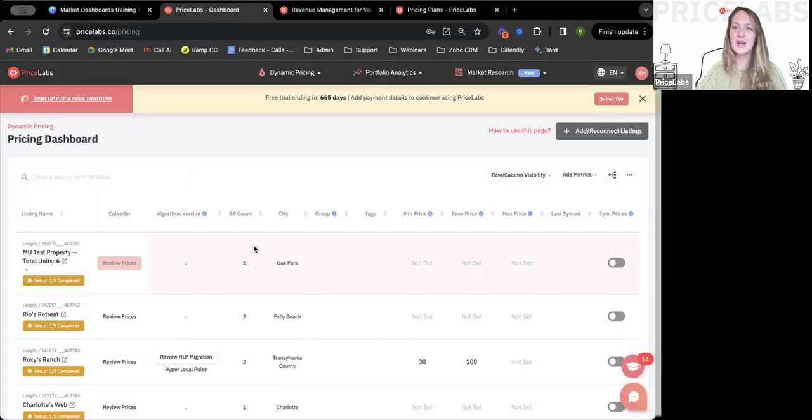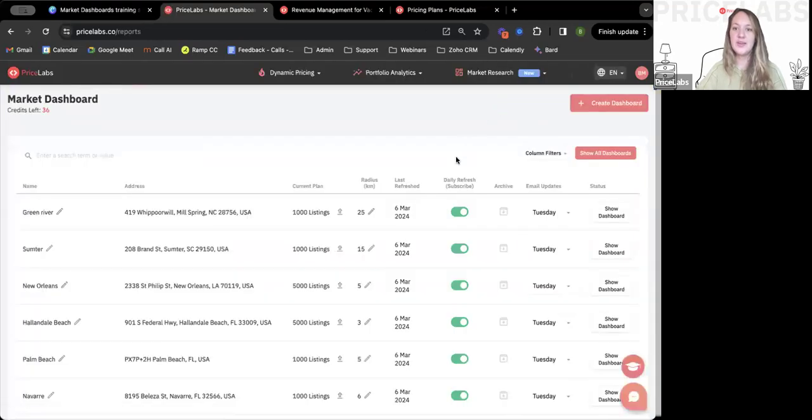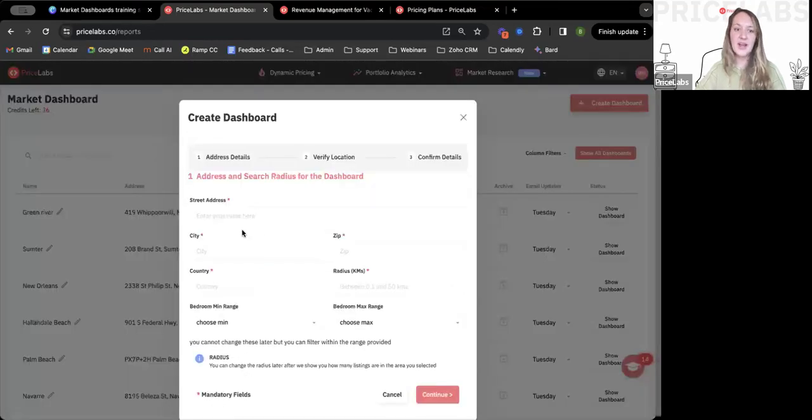So to get to market dashboards, once you're in your PriceLabs account, you're going to navigate to this market research tab up here. Click on that and then you'll see market dashboards and it will load. Now, to create a new dashboard, very easy, enter an address, a little bit of information,